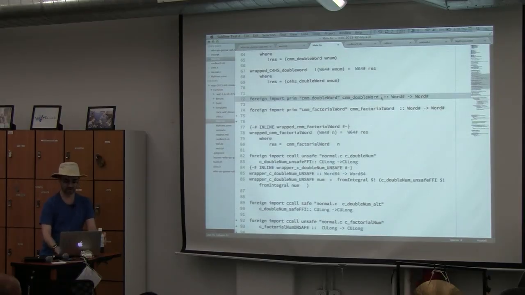Okay, so here's the C minus minus code. I did foreign import prim, and then the quoted name of the actual function, and then I gave it the name I want to expose, and its type. And you might see some hash marks at the end, right? Can people see those hash marks? Okay, cool. So that's called an unlifted type, and you can't use type classes with things that end in hash